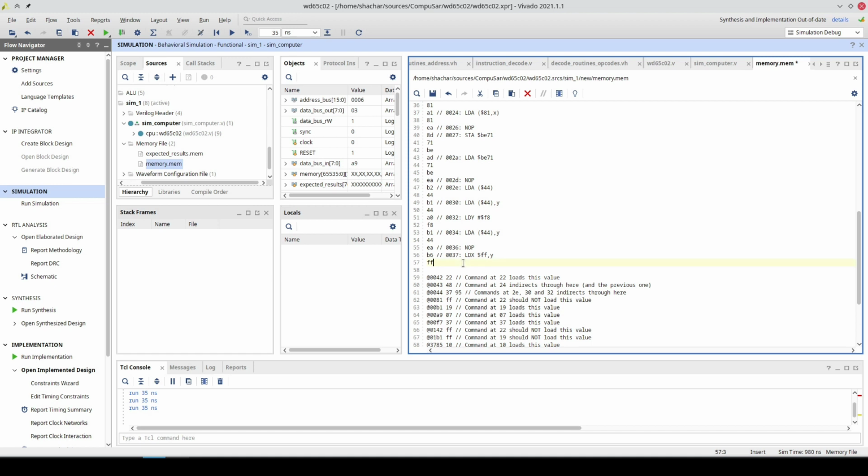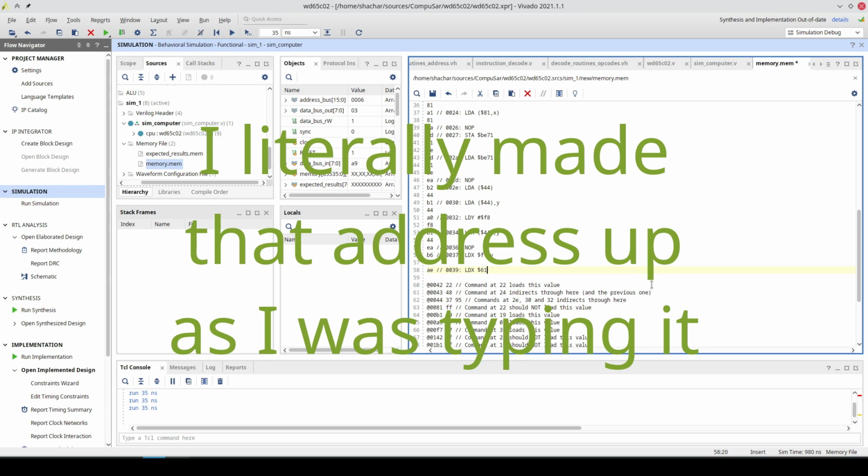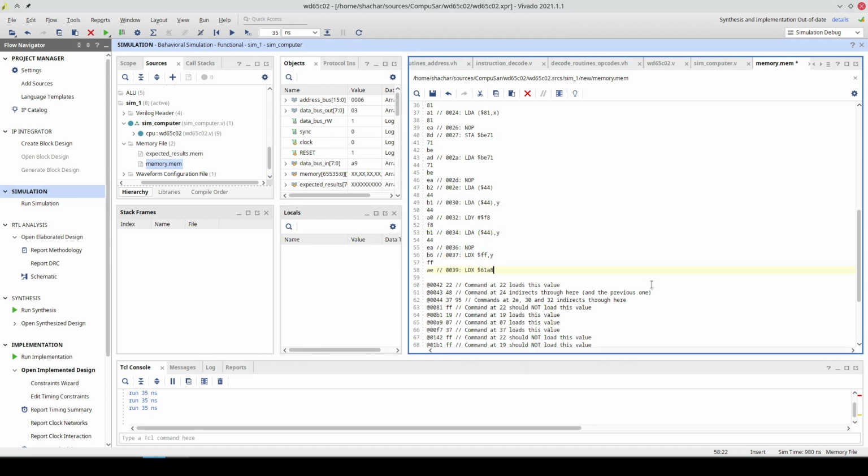So what we need to do is, we're here at address 37, that was the last command. We can now add another command, which is AE, and let's document what it is. So that's load X from address 61A8. Now, the way this is encoded is after the opcode, we have 2 bytes of operand, which tells us the address with the least significant byte first. So that would be A8 followed by 61.